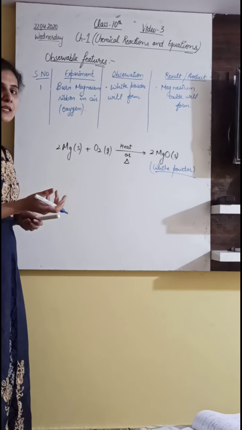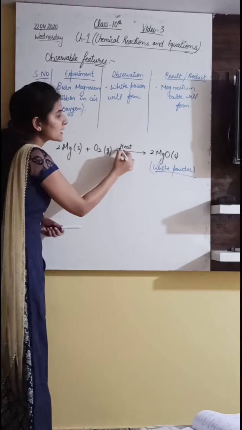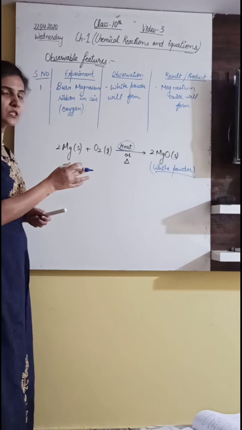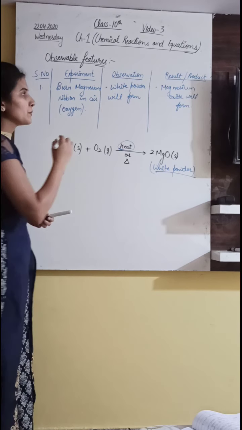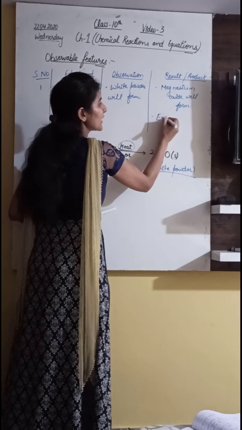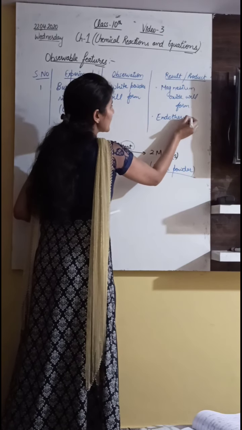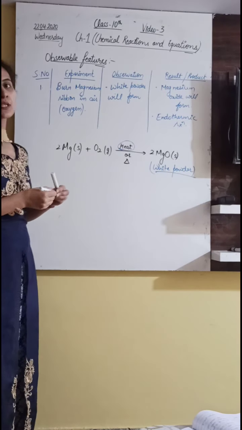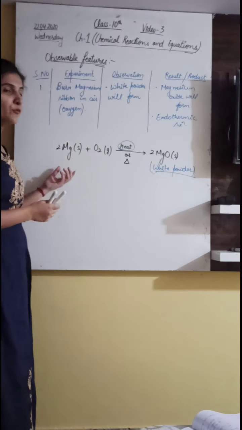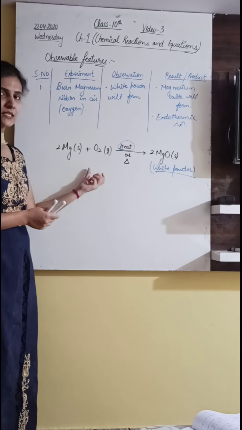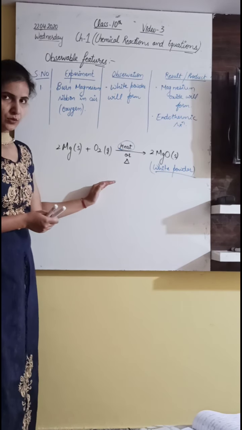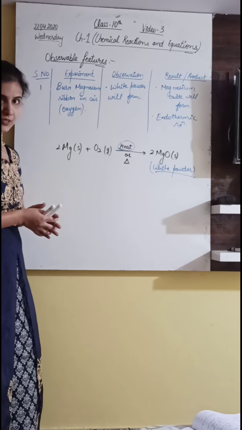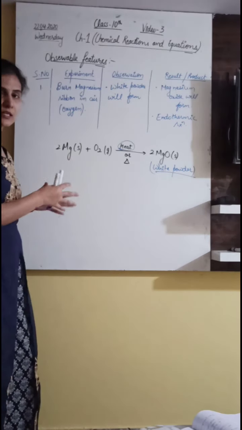What conclusion can we draw from this reaction? Here we are supplying heat. That means this reaction is which kind of reaction? It is an endothermic reaction. Two types of reactions are there, endothermic and exothermic. Endothermic is one in which we are supplying heat, and exothermic is one in which heat is released. The case shown before, zinc with HCl, was an example of an exothermic reaction, and this case is an example of an endothermic reaction. I think all of you are clear with this equation.